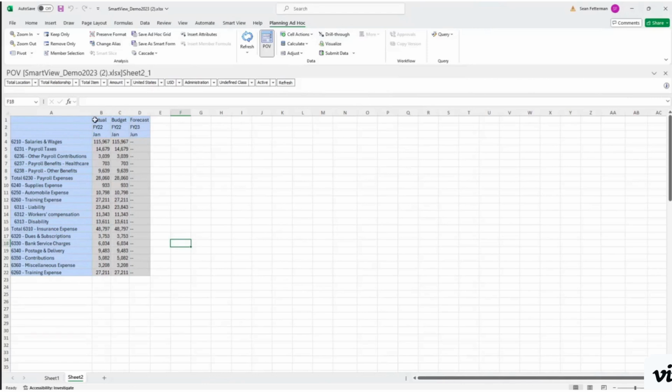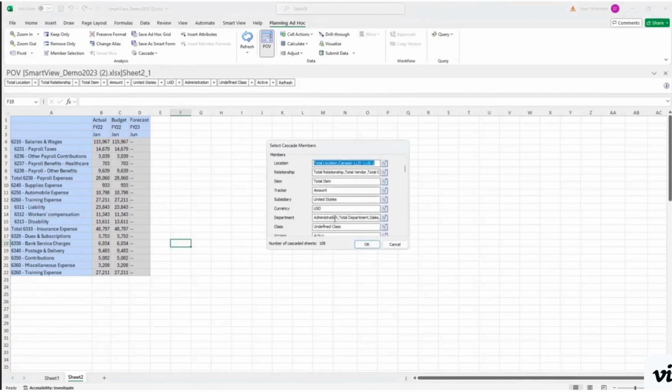Just January, a couple scenarios, but maybe I created this. I need this for a couple other courses as well, so I can hit burst cascade, which is essentially burst reporting. I want to open all those reports up in the same workbook. And this is actually because I've already done some pre-selecting. It's letting me know, hey, you click OK, we're going to spit this same report out into 108 different perspectives